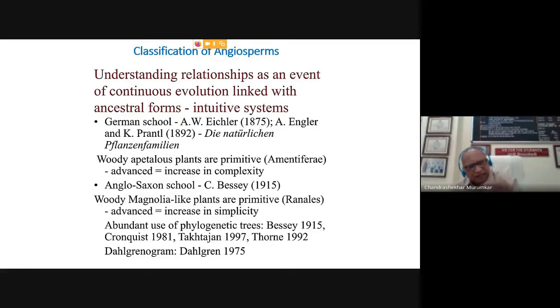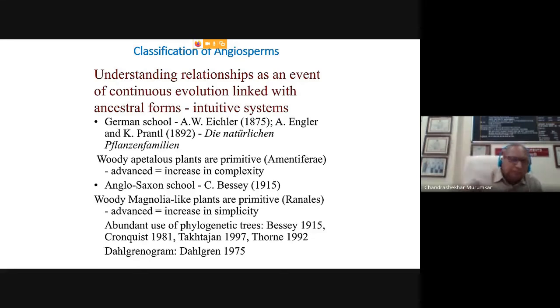And that's why he suggested that the woody magnolia-like plants are more primitive, and from them they started advancing and showed the evolution. But during the course of evolution, simplicity was also acquired. So this evolutionary trend goes in two ways. It is towards complexity, and secondly, the complexity undergoes a progressive evolution which leads towards simplicity. So that was the trend proposed by Besse, and obviously because of that, after Besse, so